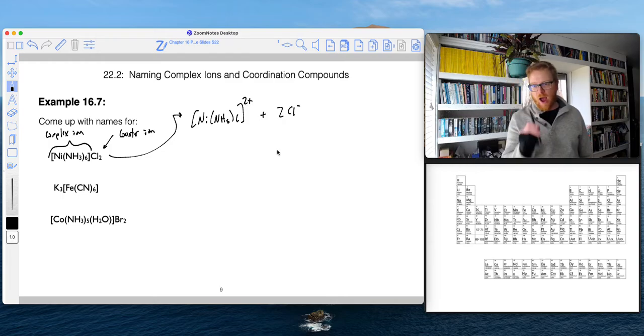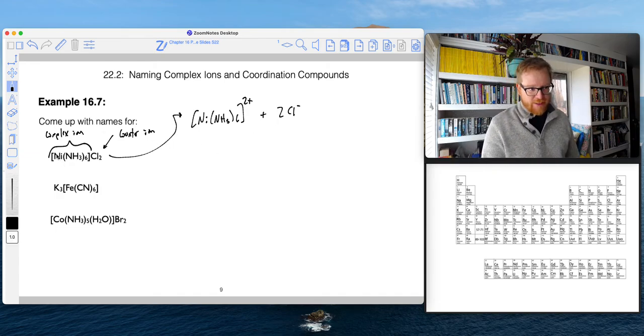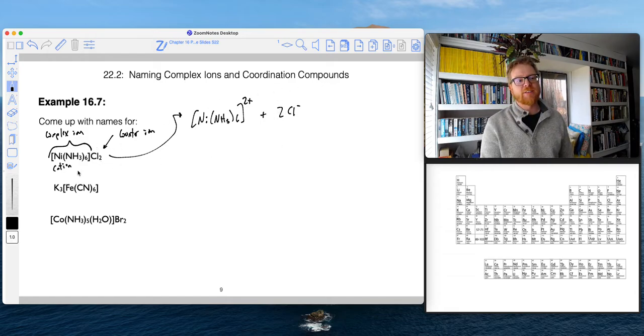If it's not clear to you how I got that, stop, review, make sure you understand it. So the complex ion is in brackets. And so because it's listed first, we know that it's got to be the cation. We always list cations first. My chloride is outside of the brackets. So that's the counter ion, which we know has to be an anion. Cl2 means 2 Cl minus, right? And so because this is a neutral compound, the whole complex ion has to be 2 plus to balance those 2 chlorides, all right? So now we can name this thing, and we recognize that it's got 6 ammonias, so